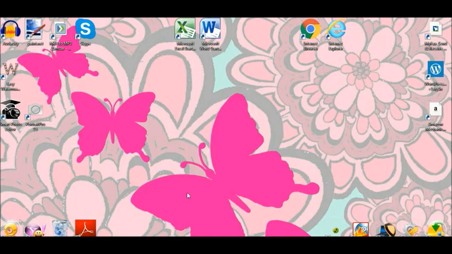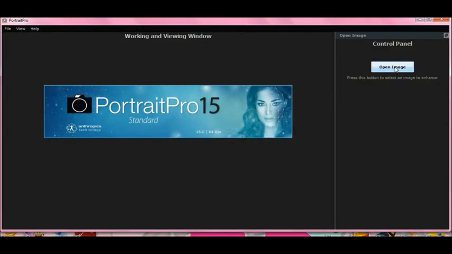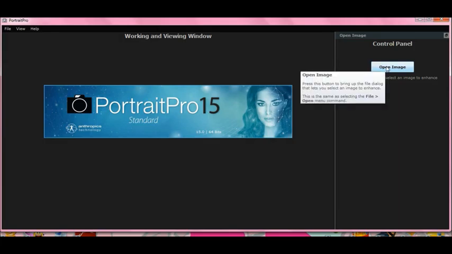Okay, we're up to lesson 4 using PortraitPro 15 photo enhancement software. All right, let's open up the program, PortraitPro 15, and on your right side here you select Open Image,